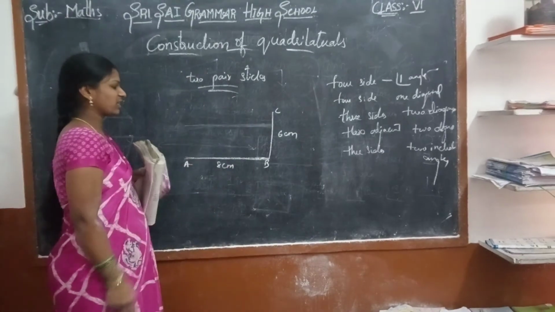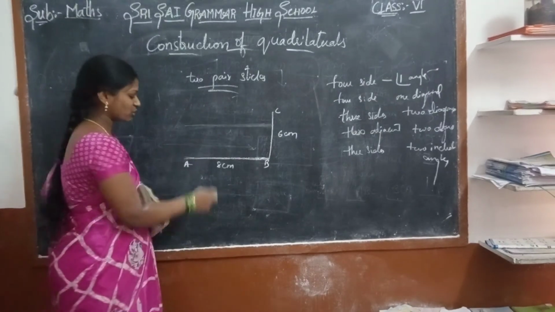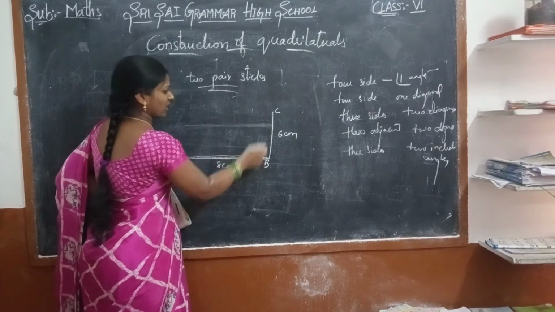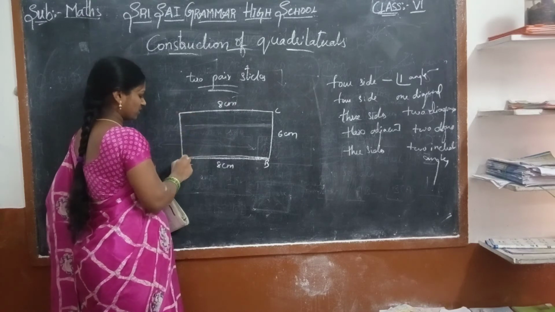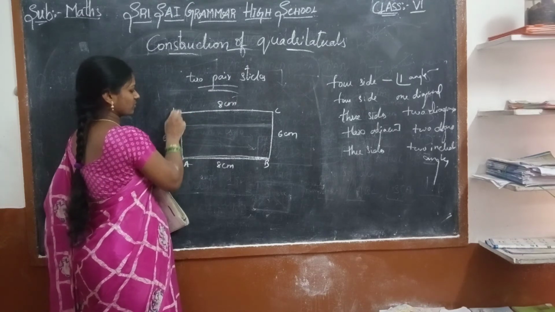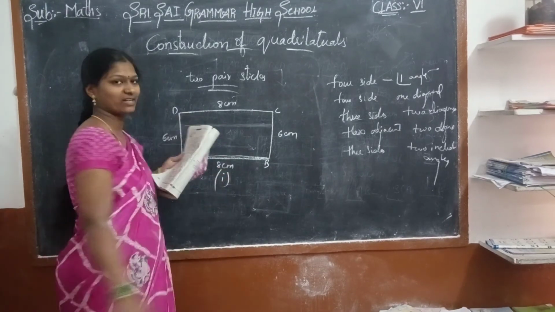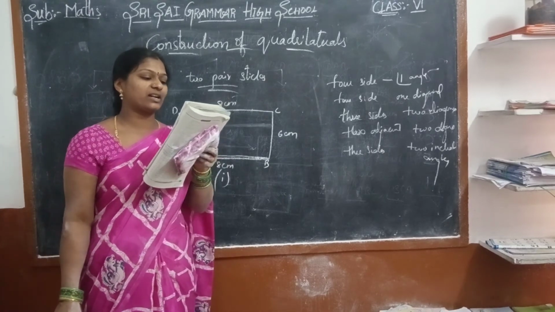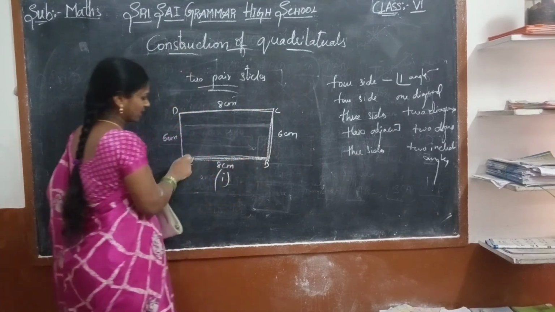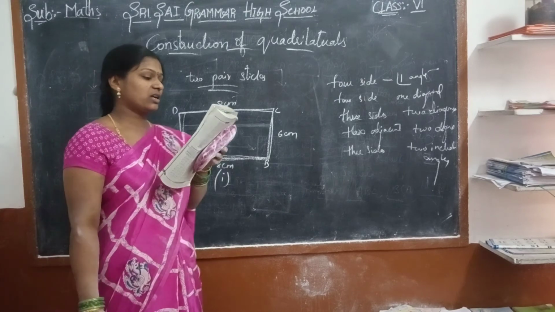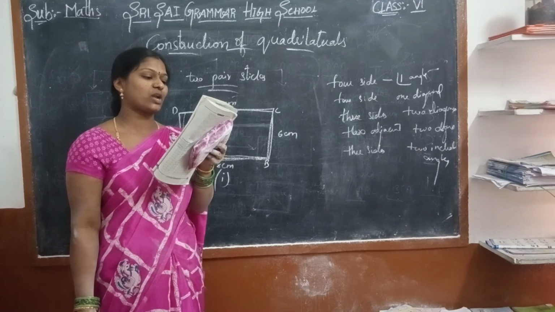Now, we have to construct CD and DA to form a quadrilateral. Here the opposite sides are equal. So whenever AB is 8 centimeters, then automatically CD will be 8 centimeters, and here 6 centimeters. Now it is formed. This is the first quadrilateral. Arrange them suitably to get the rectangle of length 8 centimeters. When you observe, it is in the form of a rectangular shape, with length 8 centimeters and breadth 6 centimeters. This rectangle is created with the 4 available measurements.